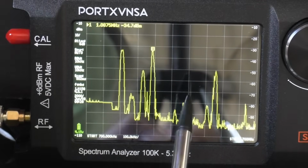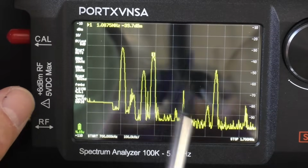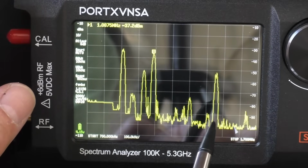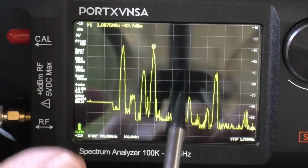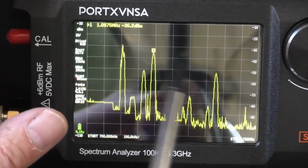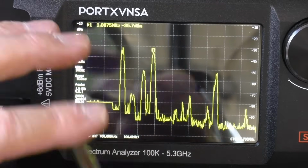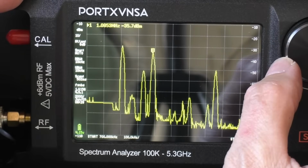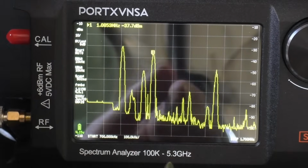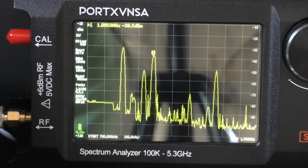And there are certain frequencies, and I'm not even going to mention them on this channel, that you should not be listening to, that it's illegal to listen to. Most of those are encrypted, but I'm sure there's one or two that isn't. But this will pick it up, and by using the headphone jack you can tune into it if you wanted to and listen to it, but obviously at your own risk. So yeah, quite an interesting